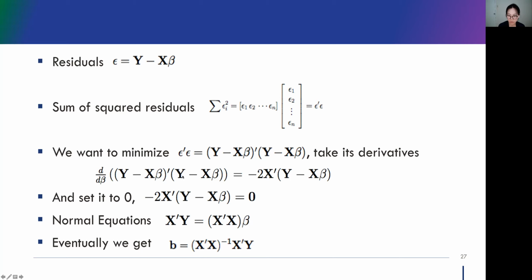And then you do the multiplication term by term. You get an equation, and then you take the derivative with respect to beta. You will get this by using the matrix calculus that we mentioned in our previous session. This is your derivative, and we set it to 0